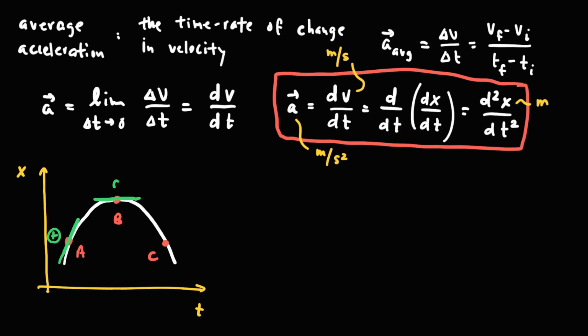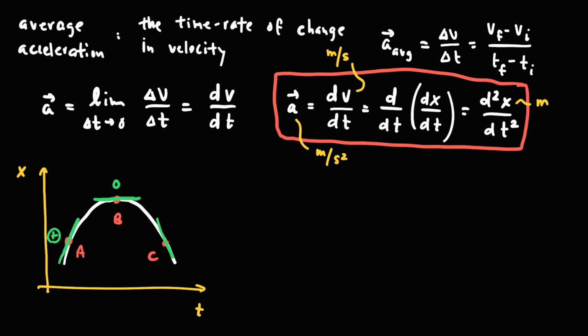It's 0. And if that's the case, then that means the velocity must also be 0 because this is a position versus time graph. If the velocity is 0, then that means the object is at rest. It's not moving. Lastly, if I draw a tangent line at point C, then I notice that the line is